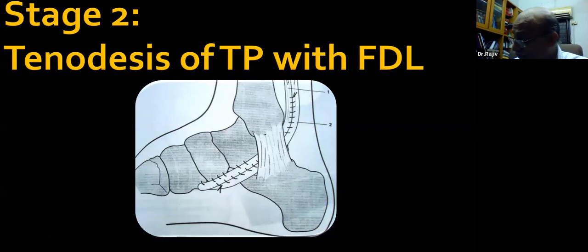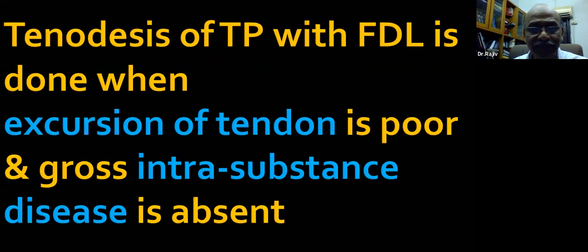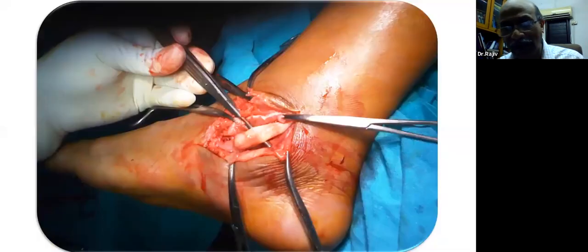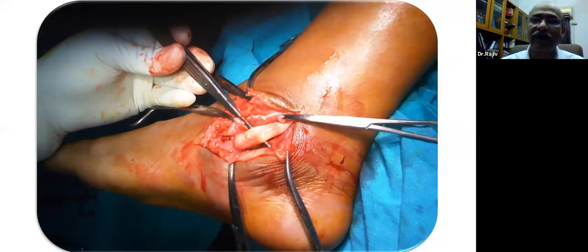Now stage 2 of the flat foot, what are the surgical procedures we are doing? These surgical procedures could be tenodesis of tibialis posterior tendon with flexor digitorum longus. Flexor digitorum longus is an in-phase tendon with the tibialis posterior tendon. Flexor digitorum longus tendon has a course which is just by the side of tibialis posterior. Remember Tom, Dick and Harry, right? So